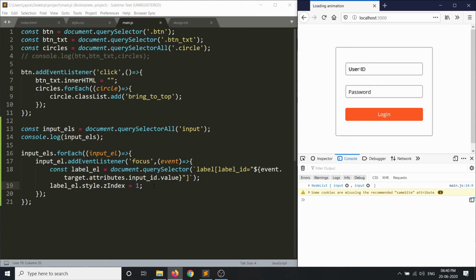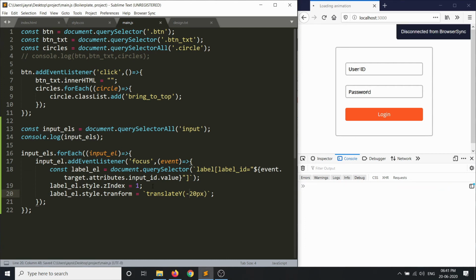Next thing that we need to do is move it up. And the way we'll do it is labelElement.style.transform equal to translate. We need to put it in a string. We can again use a template string here. So we'll just say translateY, capital Y, and we'll just say 20 pixel, sorry, negative 20 pixel, because we want to move it up.